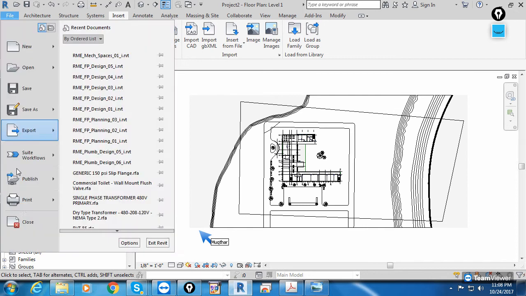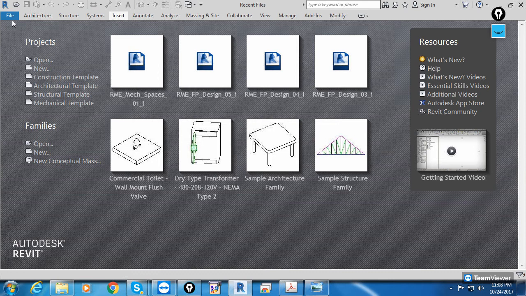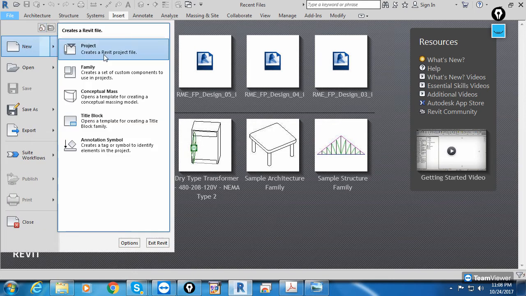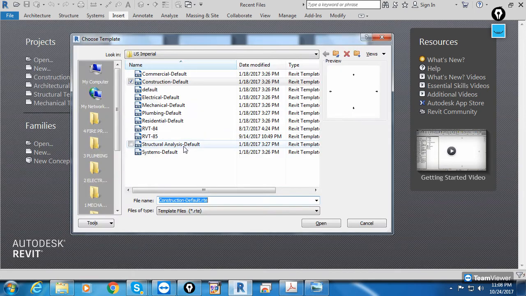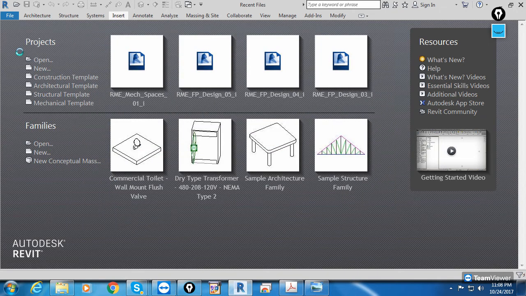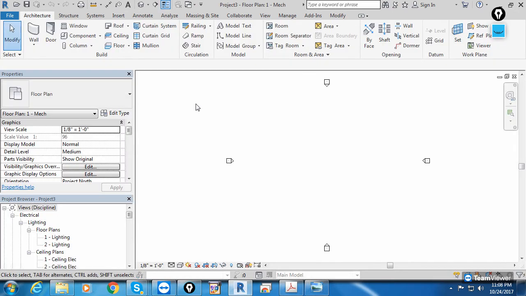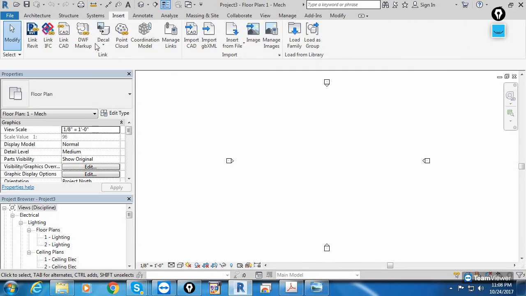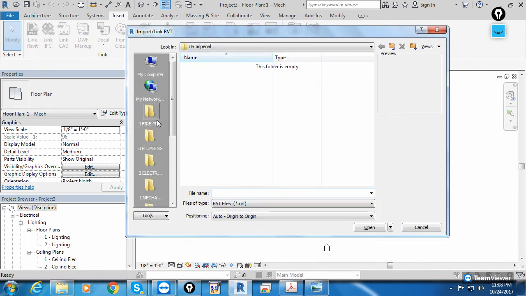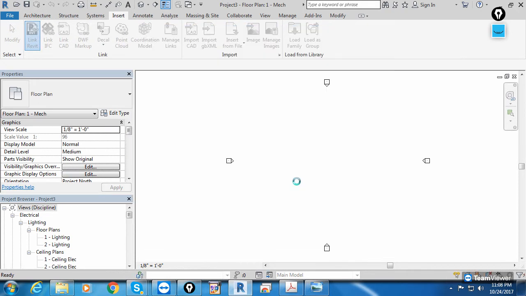Okay, so again, I'll close this. I'm just showing the difference with template and without template file. So the template file is important. So use your own template file or default. I'm using the same. Next, again, I'll link. Then we'll create the levels, and with the level, you'll get the floor plan also. But you must select it. I'll show you how. Origin to origin.